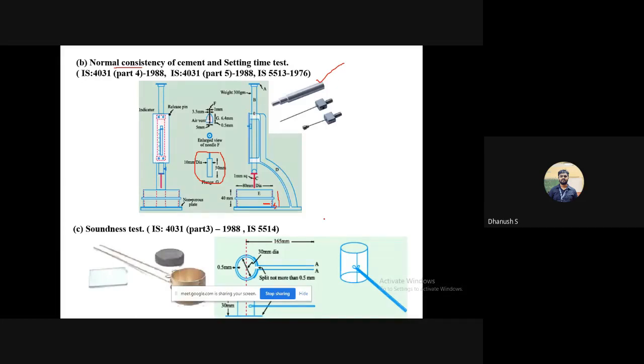Okay. Now, the next definition I make will be very similar. But what you are measuring there is different. So if everyone is clear with normal consistency, can we go to initial setting time? Any doubts with respect to normal consistency test? Hello? Everything's clear. Okay. So I've already defined two terms called initial setting time and final setting time. Do you guys remember what the definitions were?